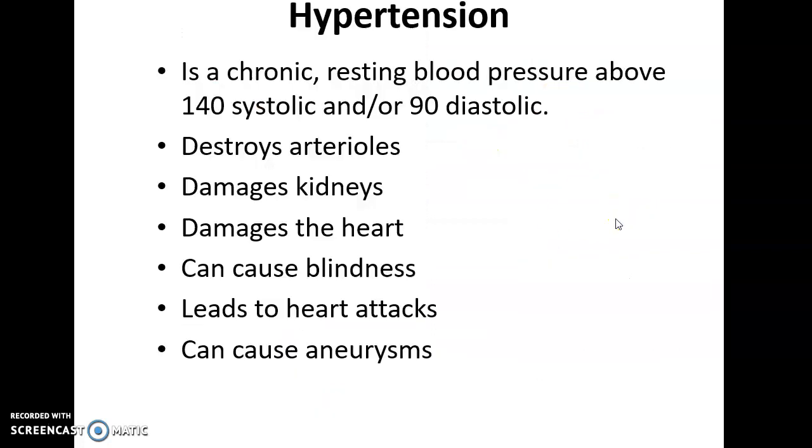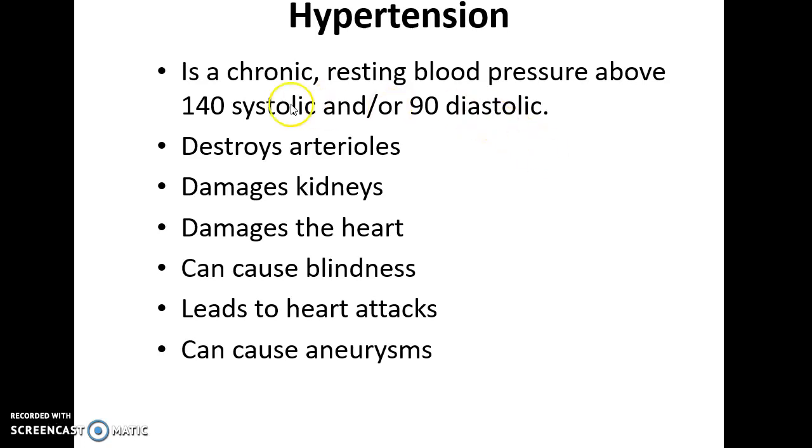All right, hypertension is when your blood pressure is too high. So if your resting blood pressure when you're just relaxing is 140 at the top or 90 at the bottom, so 140 systolic and or 90 diastolic, then you have hypertension. This needs to be happening a lot. Just having your blood pressure higher for a single instance doesn't mean anything, but if this is a constant, then